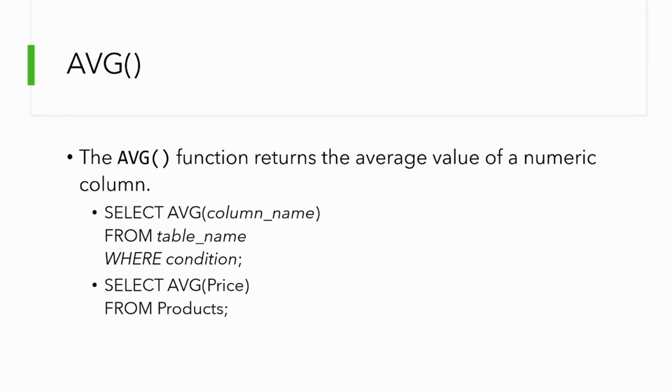Next is average. Average, as the word says, is the average value of the column. When you say select average, it goes through all of the column, sums it up and divides it by the number of rows present in that particular column. You can even give a condition for this average. Let's say I want the average only above 100. You can do that. Or I want the average for only the rows where the ID is 2, or the city is London. You can give conditions too, that's also possible.